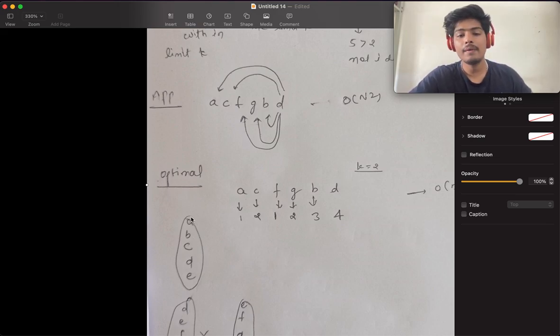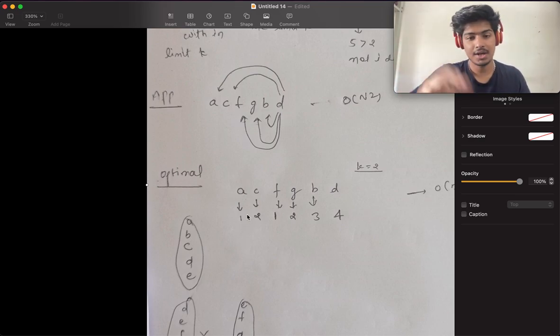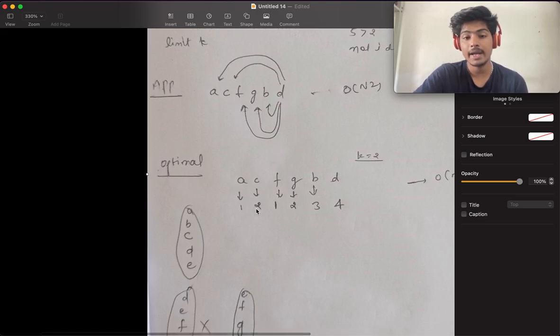Like A, B, C, D, E. Now we will check whether these elements are present in this string. So you can see A is present. So now C is one element and A is one element because AC can form a subsequence. But the length will be two, because C is length one and A is length one. So it will be length two.